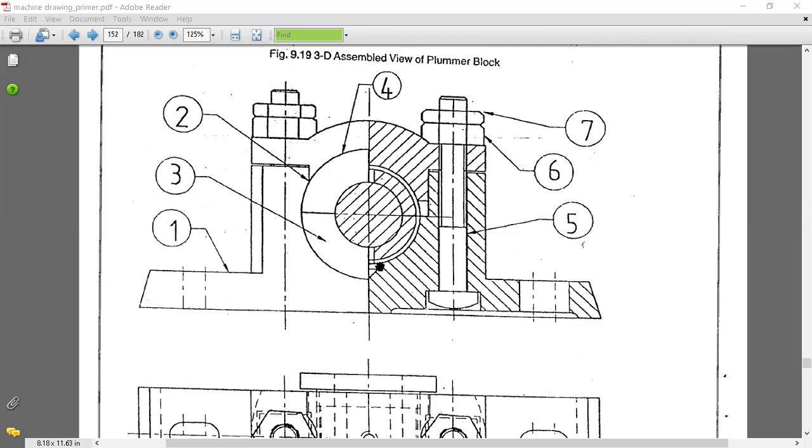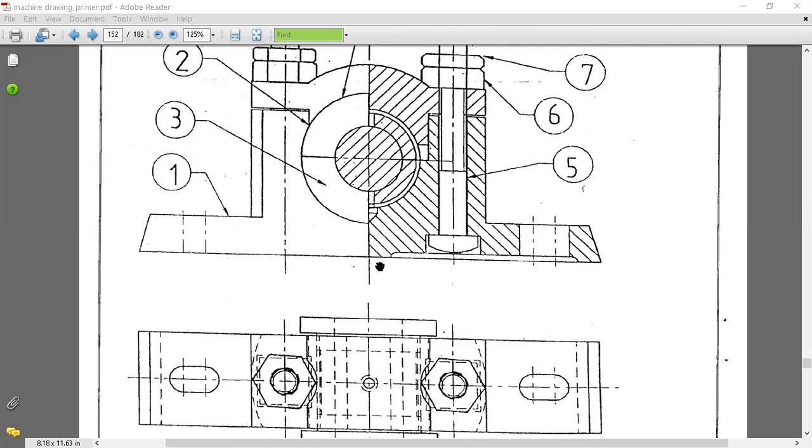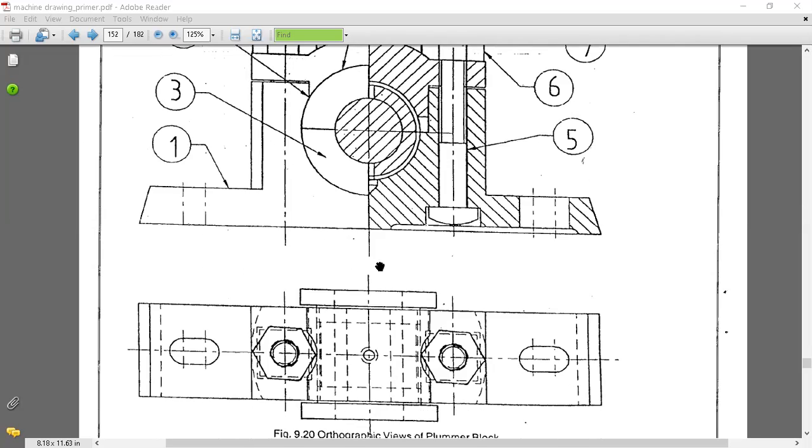In the same way, first you draw the top view of the body. In the top view of the body, you have to assemble all the parts. All the parts means here the visible parts are hexagonal nut and lock nut. So those are visible lines. And here this width is again 50 mm, so this 50 mm will look like a rectangle in the top view.